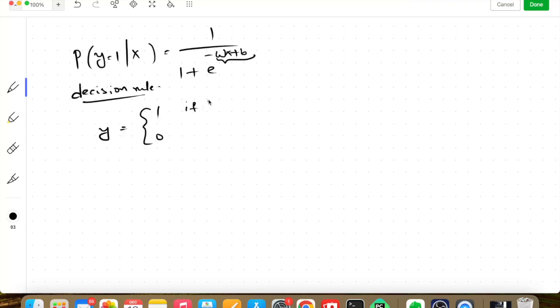It would be 1 if probability of y equal to 1 given x is more than or equal to 0.5. Otherwise it would be 0. So is it always fixed that the threshold should be 0.5? That's not the case. It could also be different. That depends on the problem. And in order to identify how we fix the threshold,